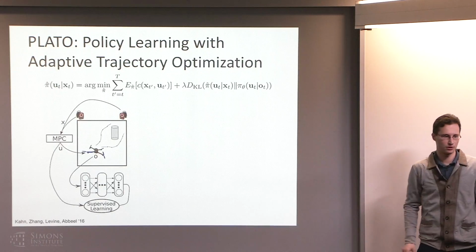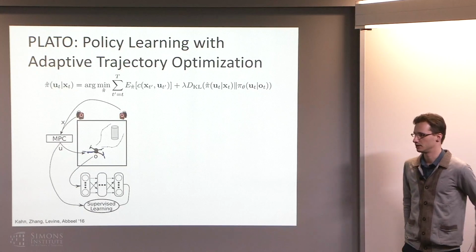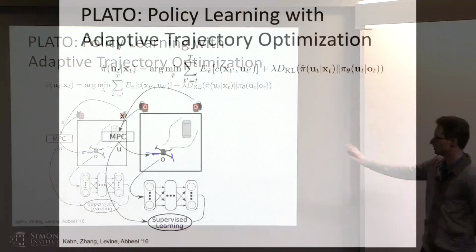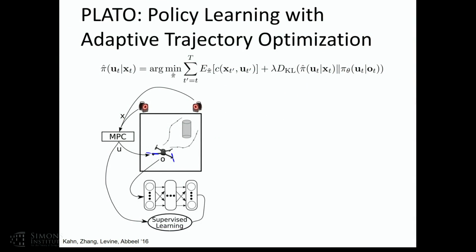Okay, so let me talk a little bit about a little application of this that we evaluated. This is going to be in simulation, but it's meant to be roughly representative of a quadrotor. So what we did here is, we assume that at training time you can measure the state of your quadrotor. At test time you won't, and you'd like to be able to fly using raw sensory measurements. So your observations will be either a fan of laser rangefinders or black and white images from an onboard camera, and your state is going to be the 6 DOF configuration of the vehicle.